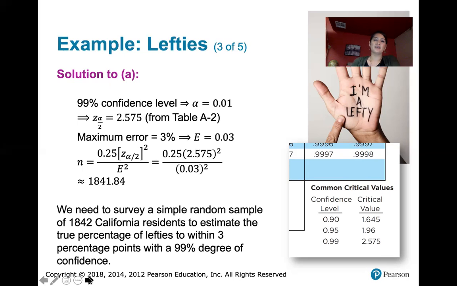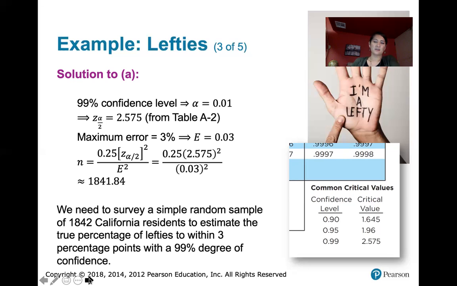So this n value suggests that we need to survey a simple random sample of 1,842 California residents to estimate the true percentage of lefties to within 3 percentage points with a 99% degree of confidence. Or in other words, we need to interview 1,842 California residents to have a confidence interval where the error is